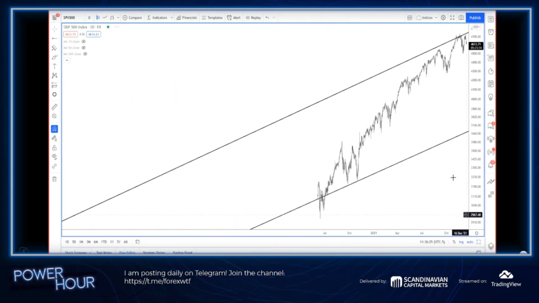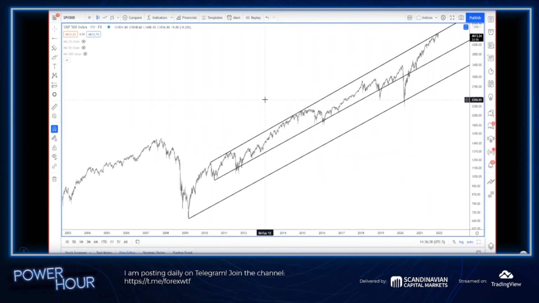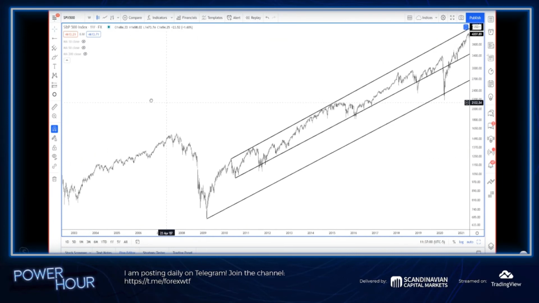Now, bigger picture, I don't know, man. I know I just pointed out that extreme breadth stuff, and maybe it needs to be relieved with a violent rally for a couple of days. I don't know, but on a longer term basis, that looks like pretty good resistance to me, doesn't it? This is the S&P, and this is just a line drawn off of that April 2010 high. It crosses just about every single high since the 2009 low.